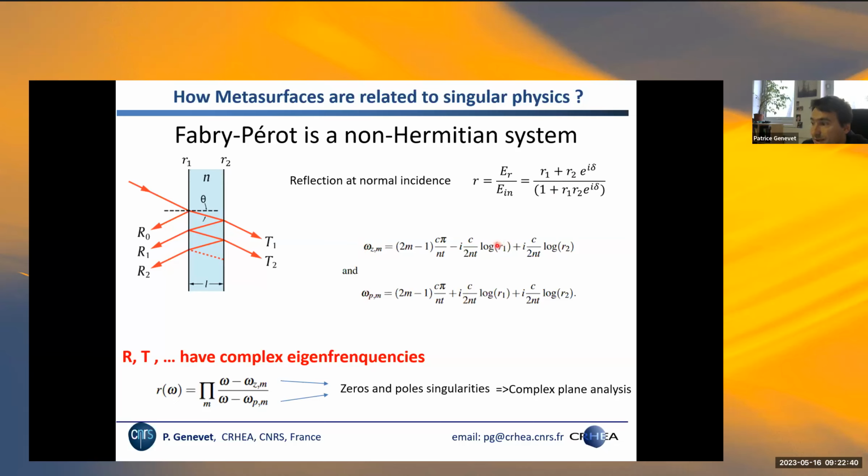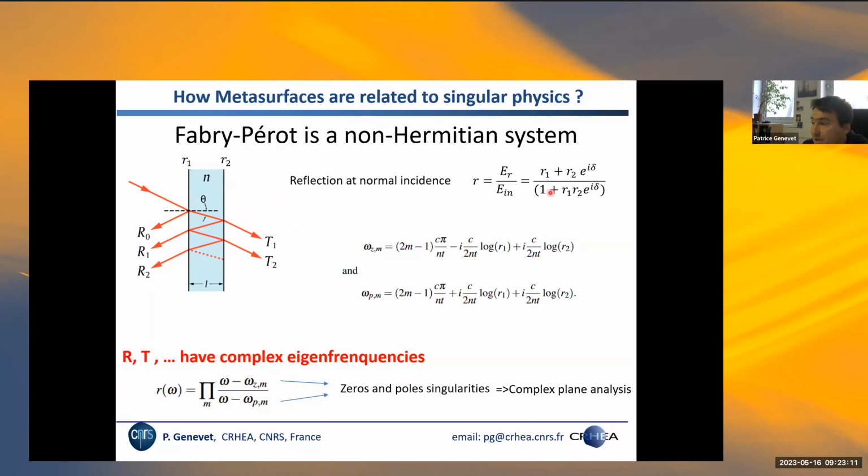And interestingly, you see that when R1 and R2 are not necessarily equal to unity, so when the system is essentially interacting with the environment, then you see that now these zeros and this, what I call pole here, are becoming complex quantities, right? So you have a complex expression for the zeros and poles. And it can be shown, you know, that every complex coefficient here can be written, it's called the Weierstrass formulation here, in terms of a product of zero and pole singularities.